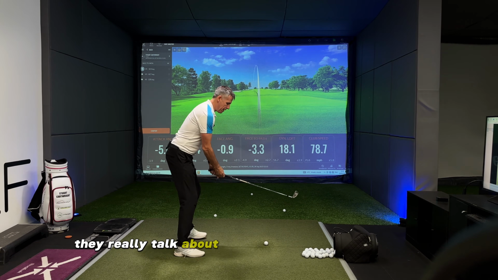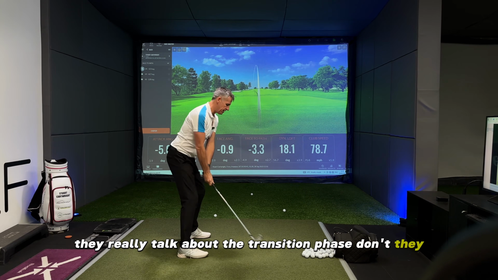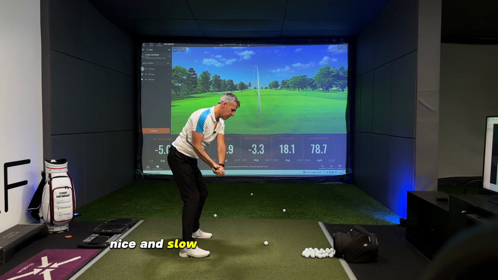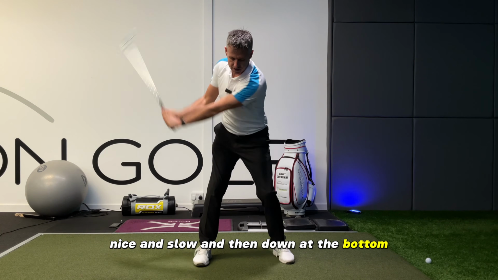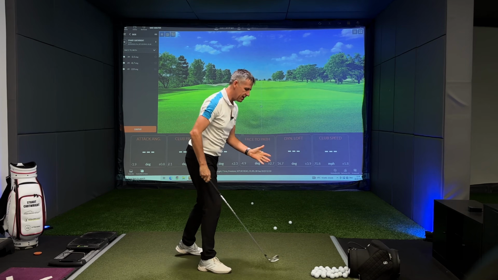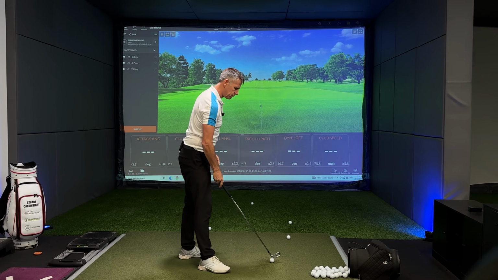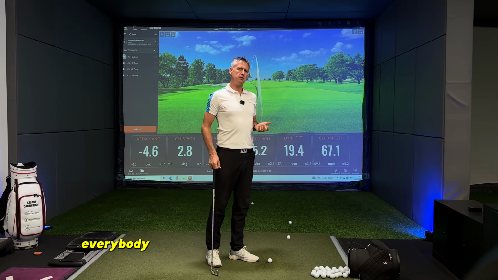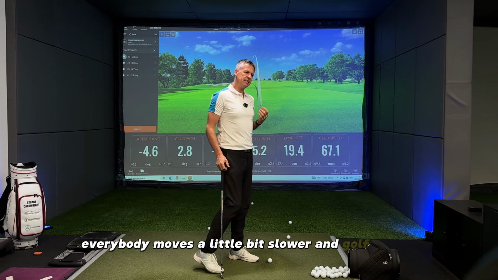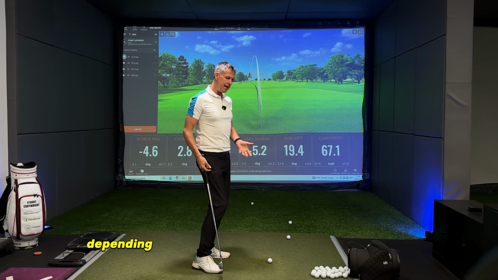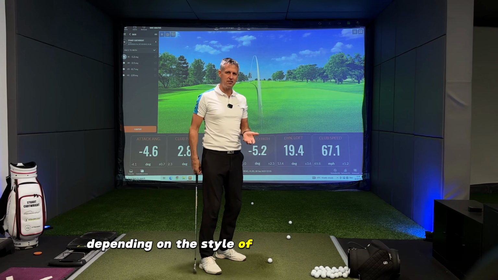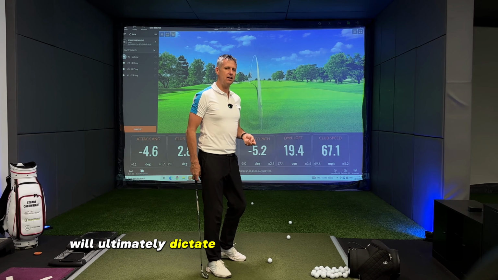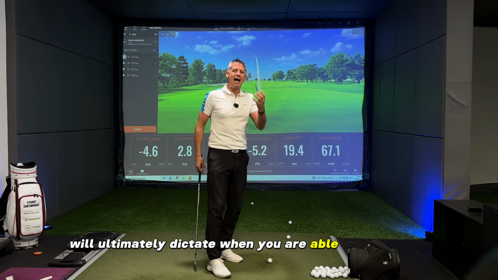they really talk about the transition phase, don't they? They talk about the transition phase being nice and slow, and then down at the bottom, that's where you're going to see the acceleration. Well, everybody moves a little bit quicker. Everybody moves a little bit slower. And golf swings, depending on the style of the golf swing you have, will ultimately dictate when you are able